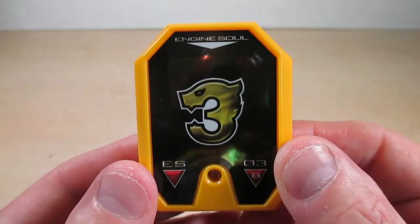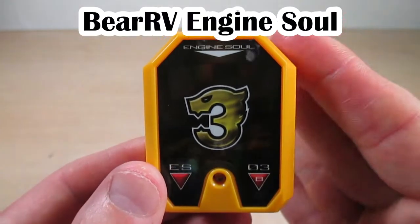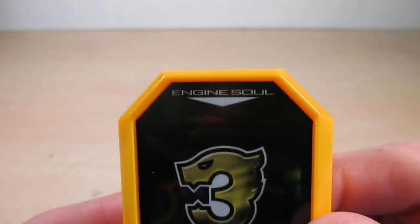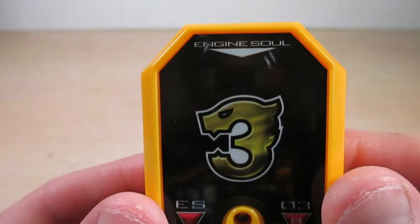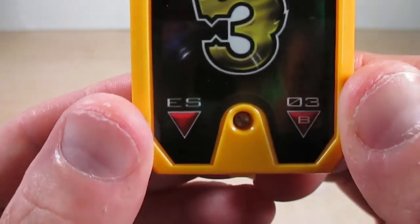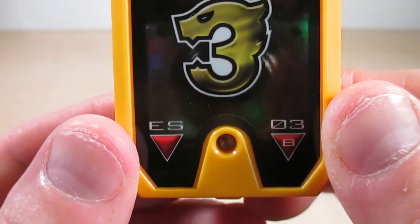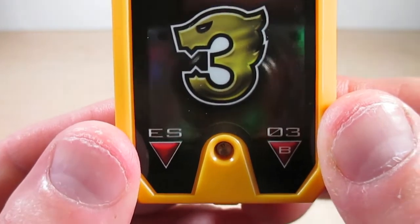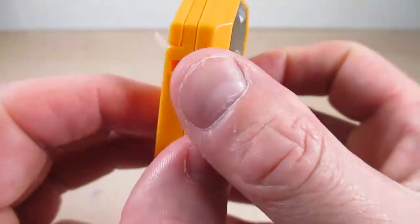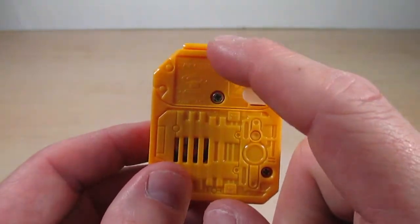So here is the Engine Soul that comes with the Highway Buster, and it is the BearRV Engine Soul. It's color coded for the Senshi, such as Go-On Yellow. On the top, it's got Engine Soul, and then the number or emblem of BearRV. It's got ES and 03, mainly making it out to be Engine Soul and the number of the Engine Soul. You can see this is where your lights will be coming from on the Soul. And on the back, it's got the battery compartment, which takes LR44 batteries,